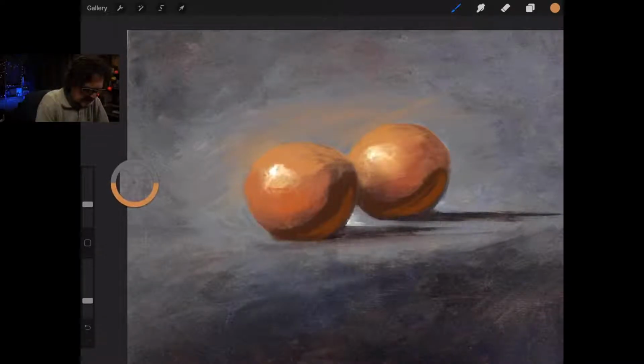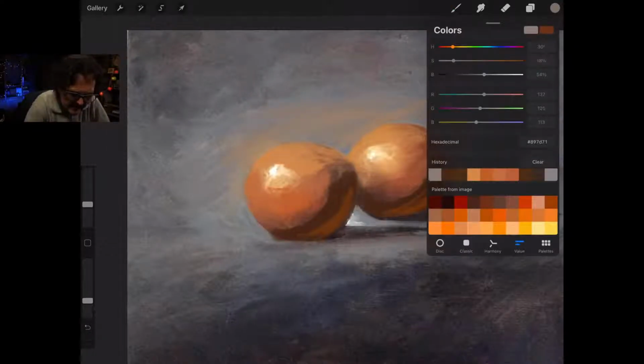Then why don't we pick up some air here, maybe a little dirty air so it's not too cold. Some air that maybe got a little bit of that orange in it. And then I know we're going to have to darken that down because of the value.